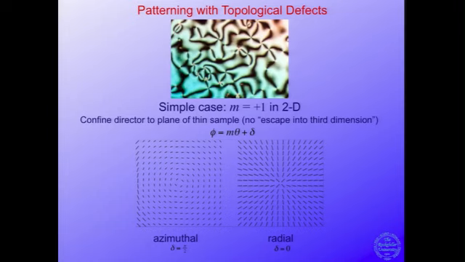One of the simplest things you can think of, and we've heard a lot about topological defects so far, is patterning with a simple topological defect, right? You can imagine that you have some variance in the field that's well controlled, it's symmetric. It's sort of an easy first guess for something to look at that might give you something interesting. I don't want to belabor this because we have heard a lot about topological defects, but